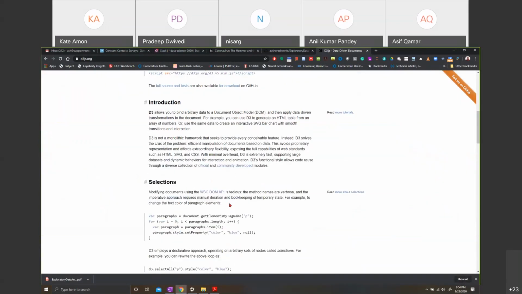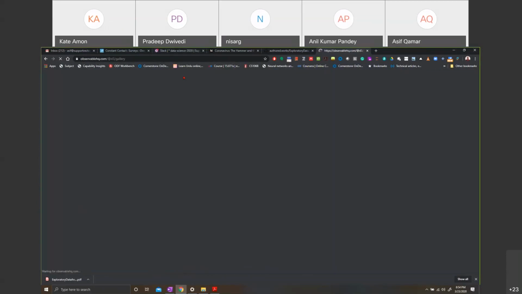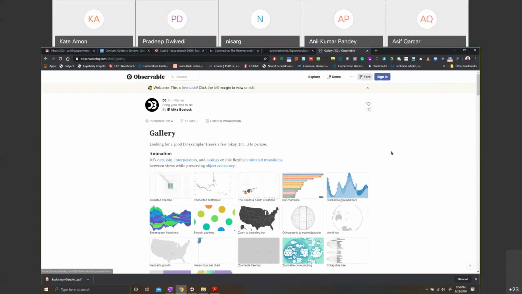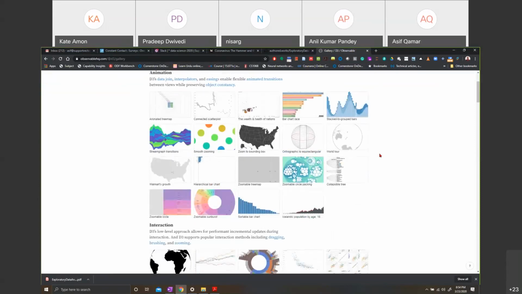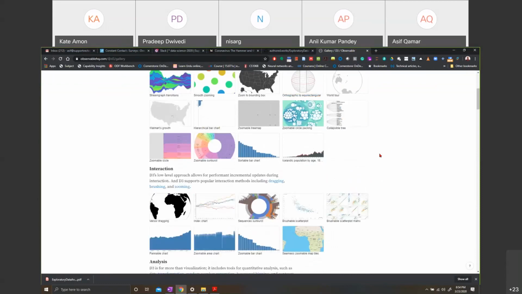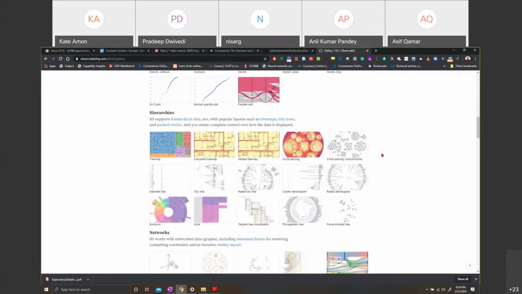And if you look at the gallery of visualizations that you can do, look at this. All of these things can be done with just a few lines of code and a very intuitive set of lines of code.